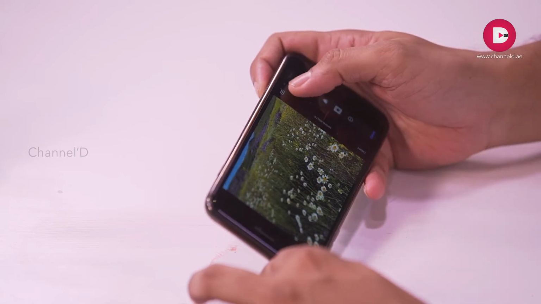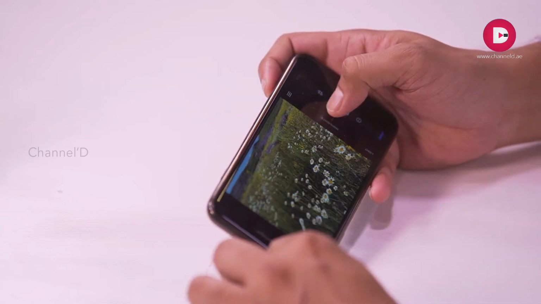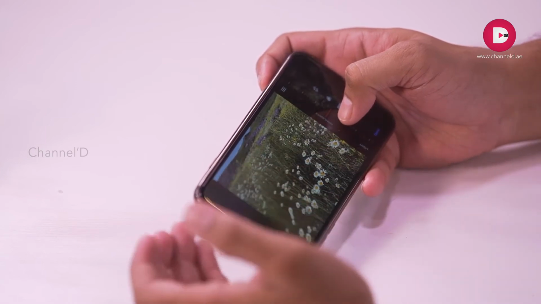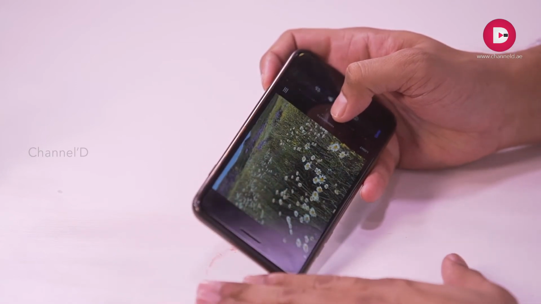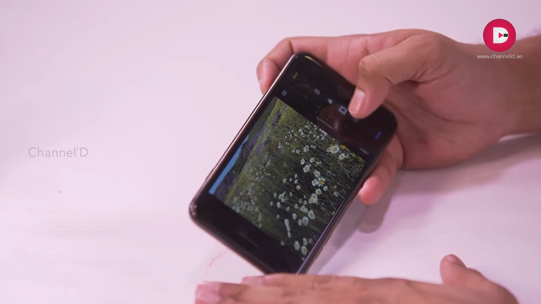Don't go too much, because if we go too much you can see the colors are popping out and it's looking very unnatural. So to reduce this slightly burnt-out part, or to dehaze, we can lightly reduce the highlights, maybe 2 to 3 points. Then the next thing that you can go for is